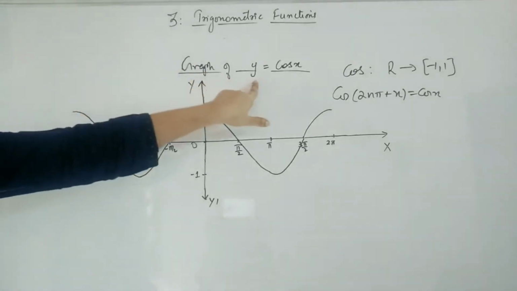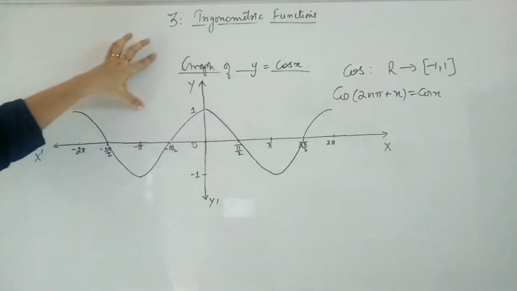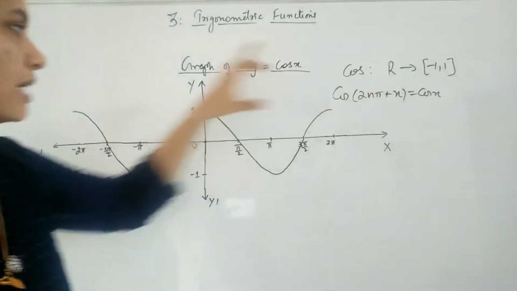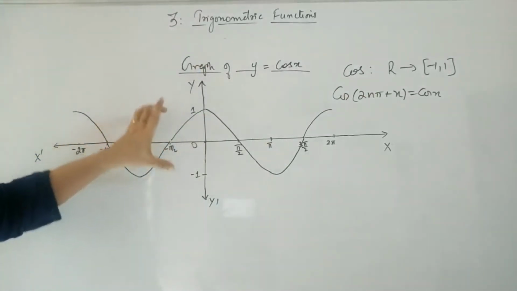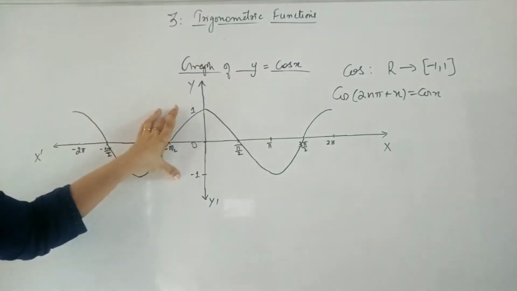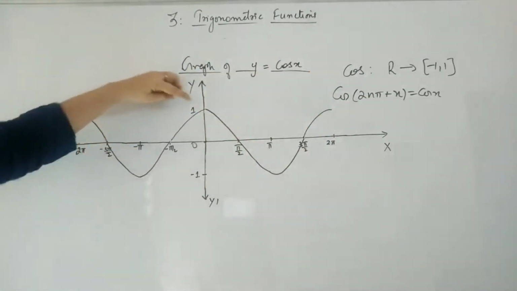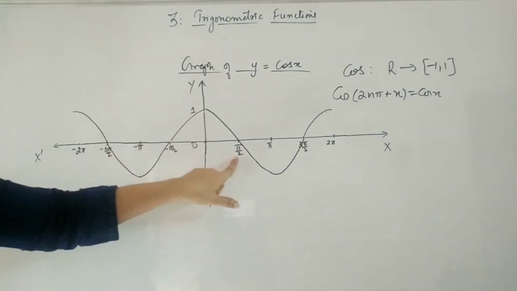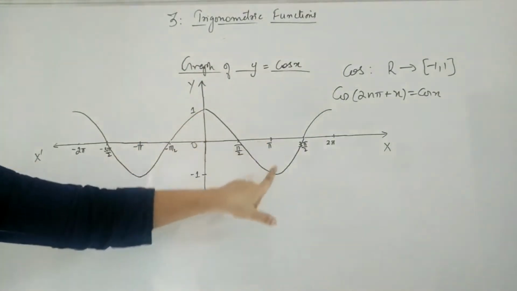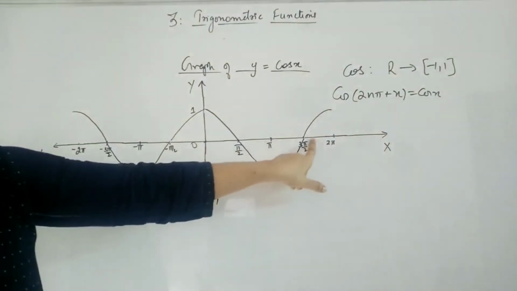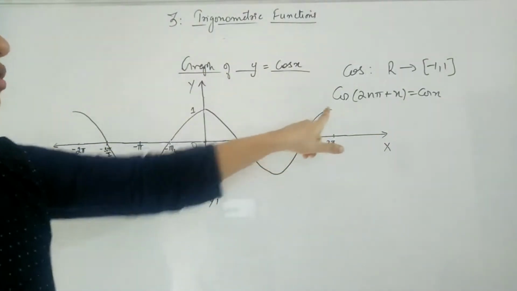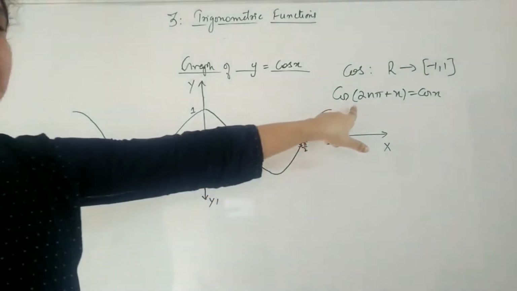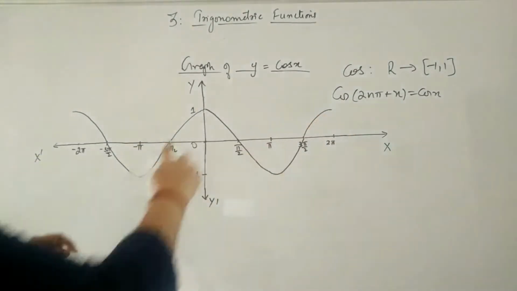Now we are starting with the graph y equal to cos x. For this graph, you have again x-axis taken as all the real values, and y-axis I have only marked from -1 to 1 because the range of cos will also be -1 to 1. The maximum value of cos will be 1 and minimum value will be -1. Cos 0 is 1, cos π by 2 is 0, cos π is -1, cos 3π by 2 is 0, and cos 2π again 1. So it is also having a period of 2π.